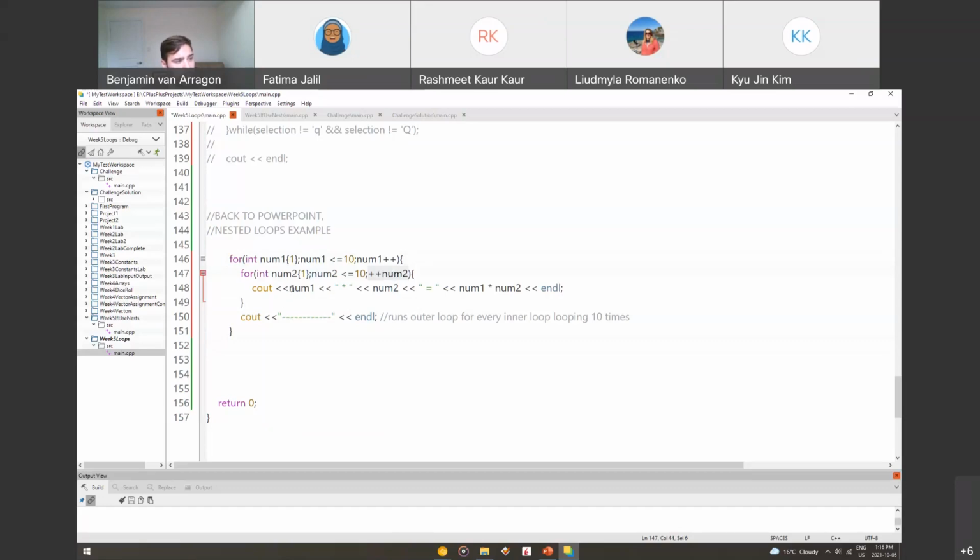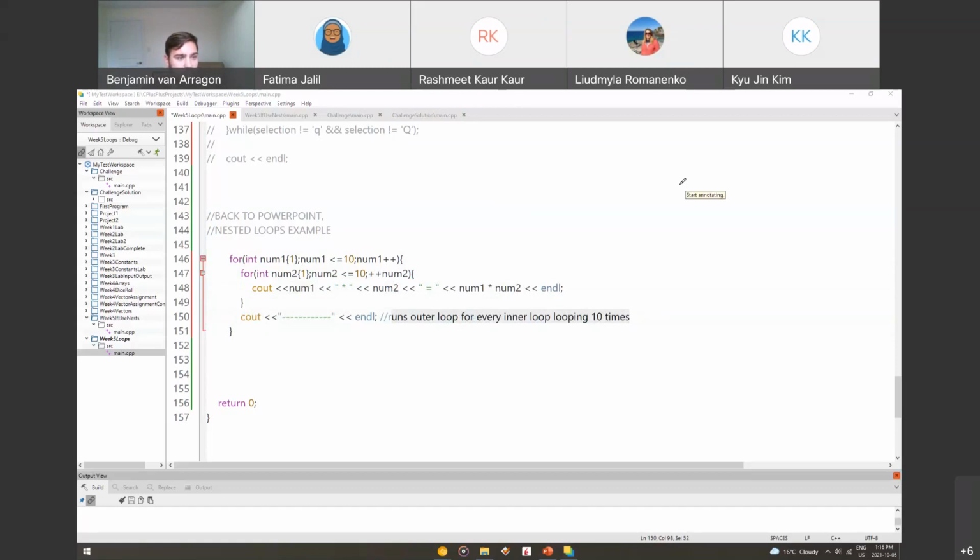All right. Now we're going to print out num1 times num2. So we're just printing out a string is equal to, and then here we're actually performing the mathematical operation. And then we're going to exit the inner loop, and then we're going to do a bunch of dashes once we finish our first iteration of the outer loop. Okay, and then it will do that whole process 10 times. So if I can do a very, very